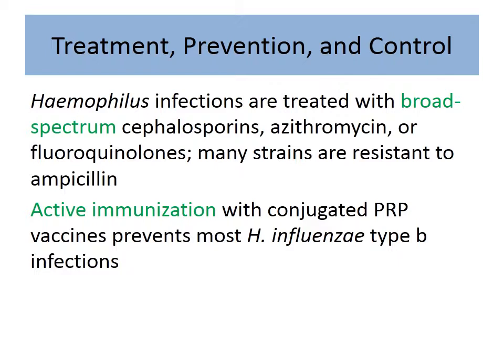And then active immunization, again with the PRP vaccine, is the most important recommendation that we normally make. And as I said earlier, it is very rarely seen, so you have to travel to Asia or Africa to see the advanced cases. Okay, let me jump to the